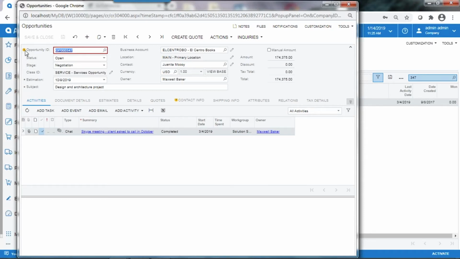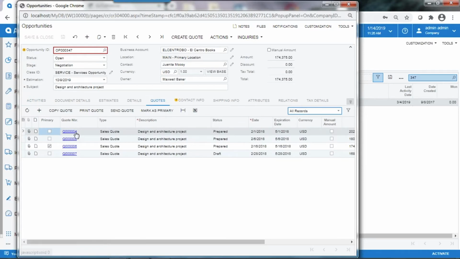You'll notice that I have a little warning sign here, and what it's telling me is that this opportunity cannot be modified because the primary quote has been submitted. In other words, this has a quote that has been made for this system, and as you'll notice, I've got 1, 2, 3, 4 different quotes on the system. I have to pick a primary quote in order to create anything from it,